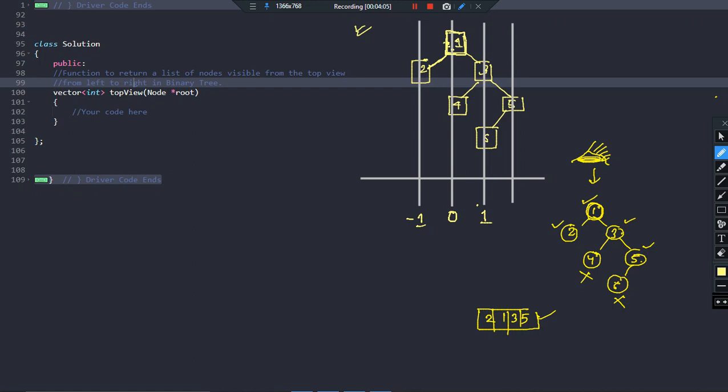So the address of this node will be 1 more than its parent address. Its parent address is at point 1, so this will be at point 1 + 1, that is 2 on the number line. The address of this node will be 1 less than its parent's address. Its parent address is 2, so it will be 1 less than 2, that is 1.